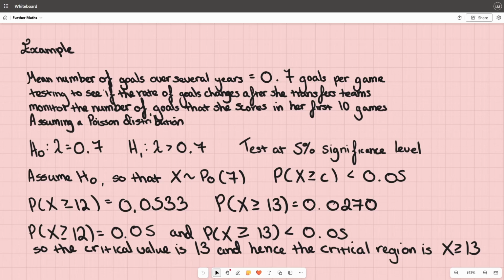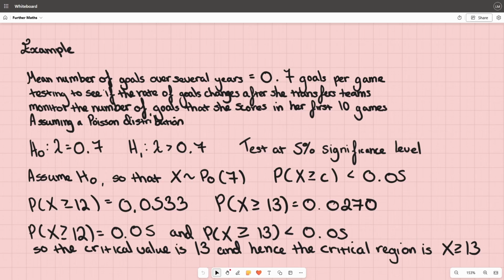So first we assume H0, so that x has a Poisson distribution where lambda is 7, and we just need to find the critical value such that the probability that x is greater than or equal to it is less than 0.05, because we're testing at the 5% significance level. So the probability that x is greater than or equal to 12 is 0.0533, but the probability that x is greater than or equal to 13 is